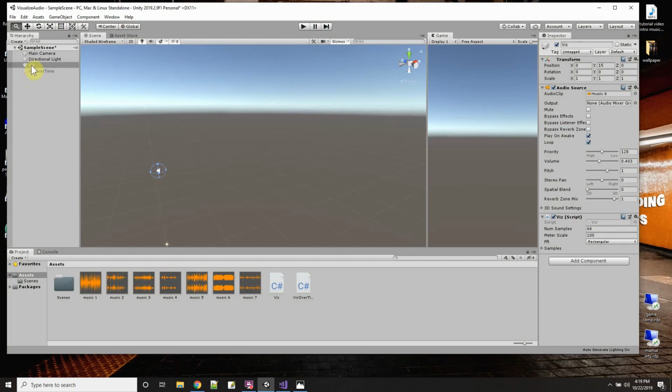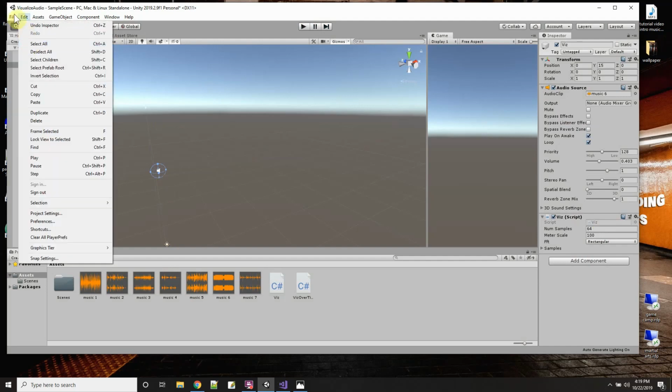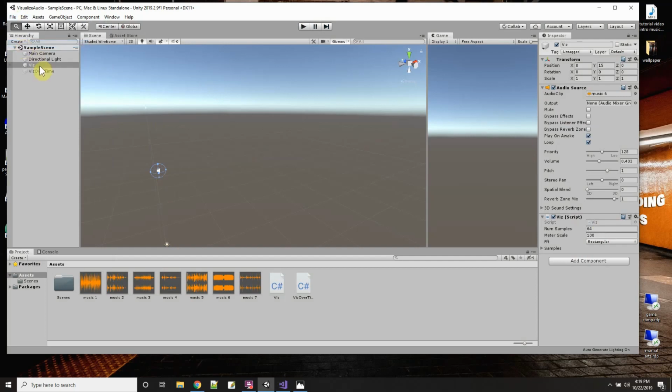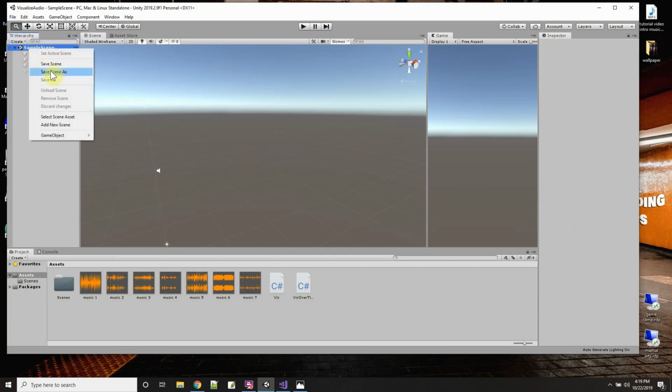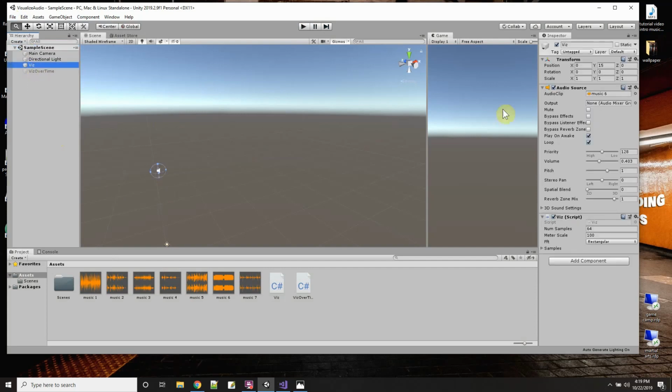I started off by making an empty game object. Let me save my changes. I created an empty game object first, and that's how I got the viz. Then to that empty game object, I drag and dropped one of the songs, so I could have an audio source component, and then I drag and dropped the viz script so I could have a script component. What the script takes is a number of samples to sample from the